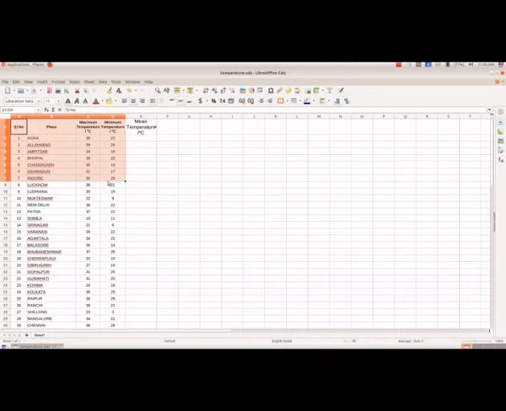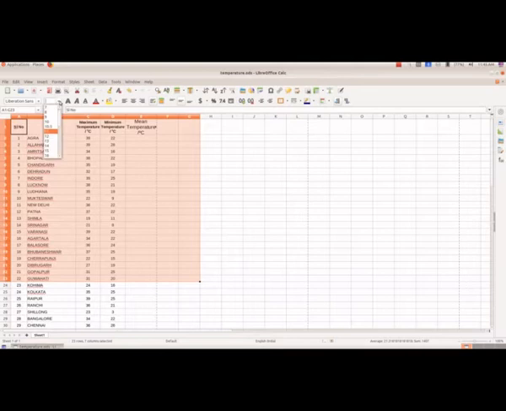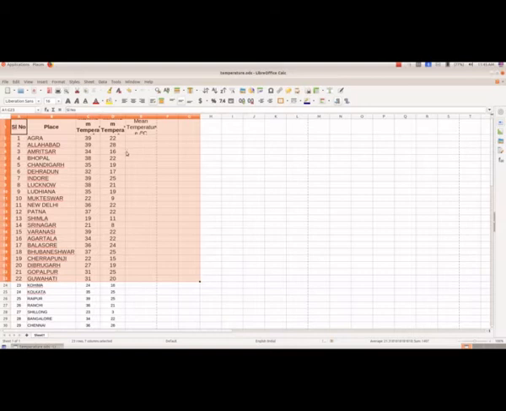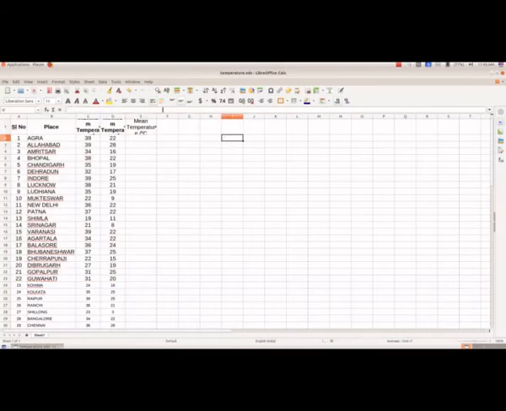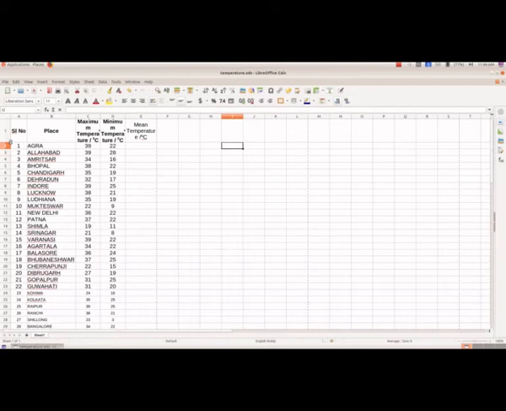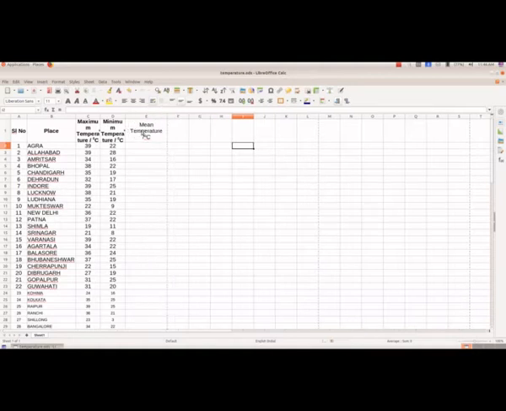And now we are going to find the average or the mean temperature. And we want to get this in bold, so we will select this and then select bold.